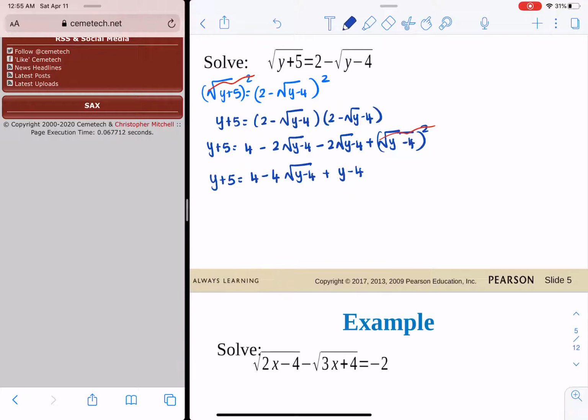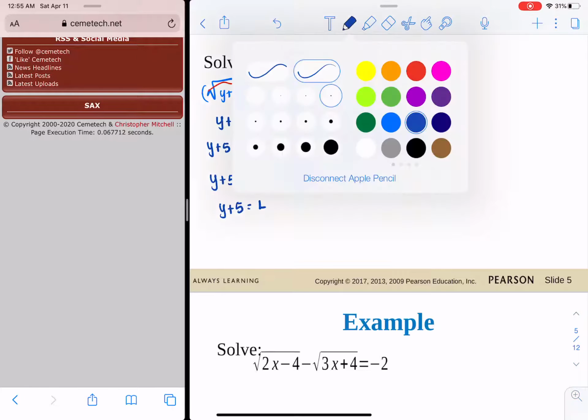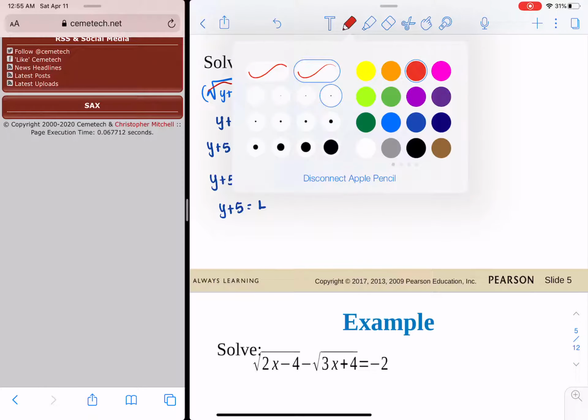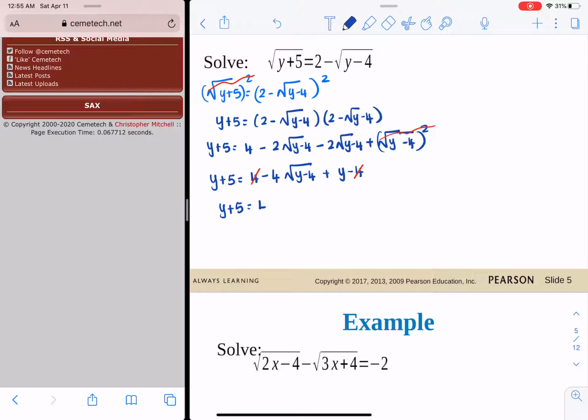So I am going to move terms after simplifying. So I see a 4 and a negative 4 there. So that would go away, leaving us with negative 4 square root of y minus 4. But we also have